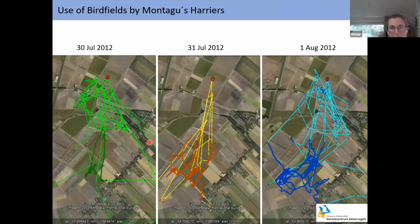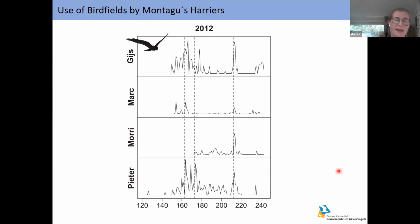The day of the mowing, he comes there quite often already. And the day after, when also the alfalfa is removed, the cut ones, he comes there like all day. So he's spending all his hunting time on these fields, and he's flying back and forth to his nest, spending a lot of time there. And that was not only true for one single male, but for all 4 breeding adjacent to these bird fields